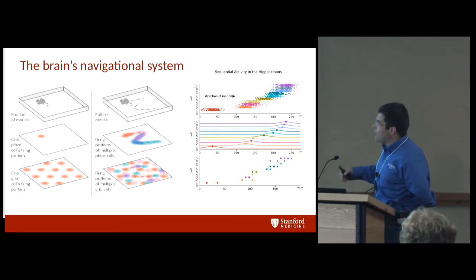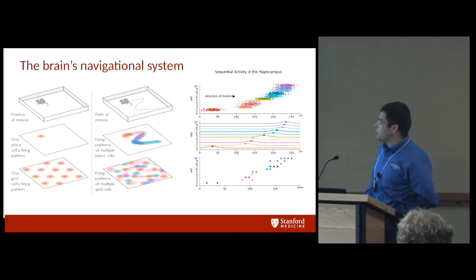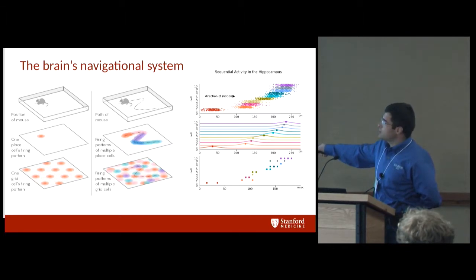And then what has been understood about the brain's navigational system is that there's no complete operational description of how it actually works, but there have been a number of observations that we're trying to piece together in our models. It has been observed that as an animal is running around in an environment, there are a number of neurons that seem to be active only at certain locations. These were called place cells. And they are essentially statistical observations over many trials.